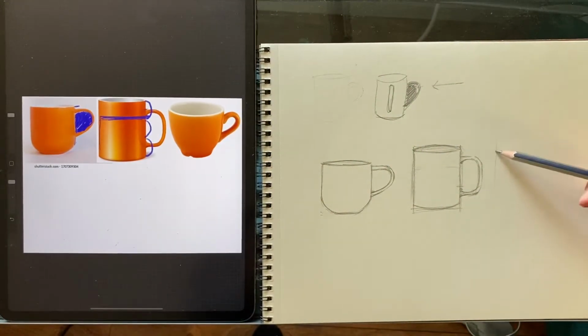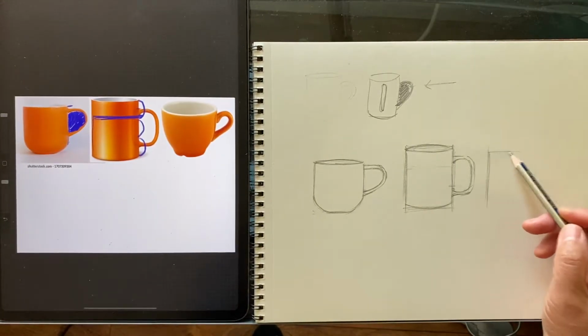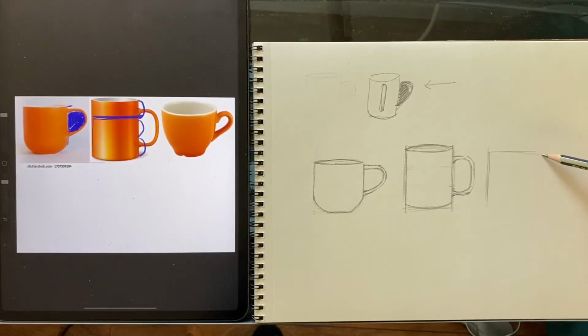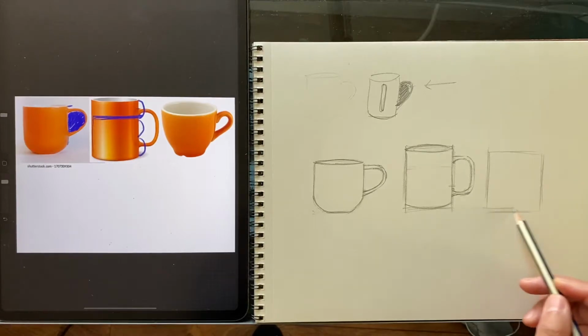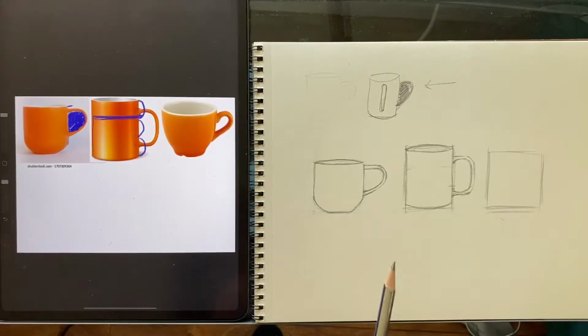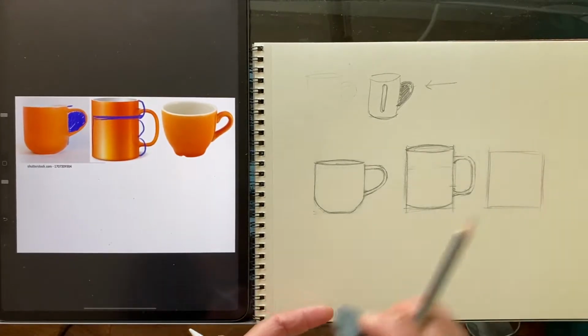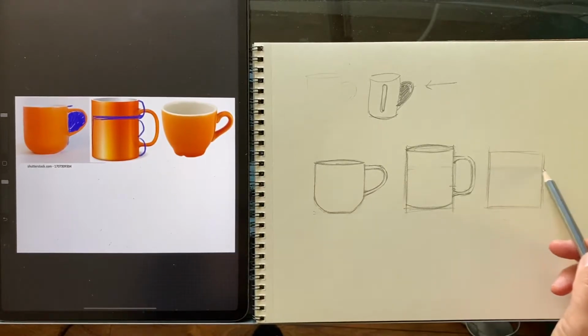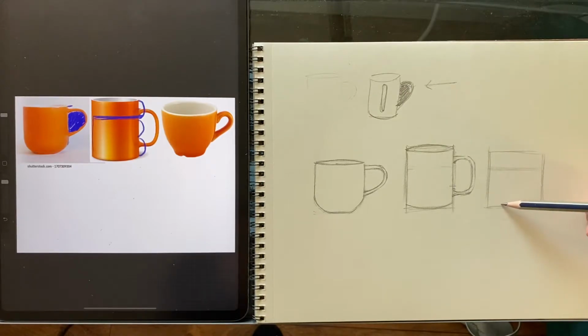Okay, so making a square. Another square, a little bit longer than a square. Here, this is a square. Then that's the top. That's the bottom. About that wide. Okay, now